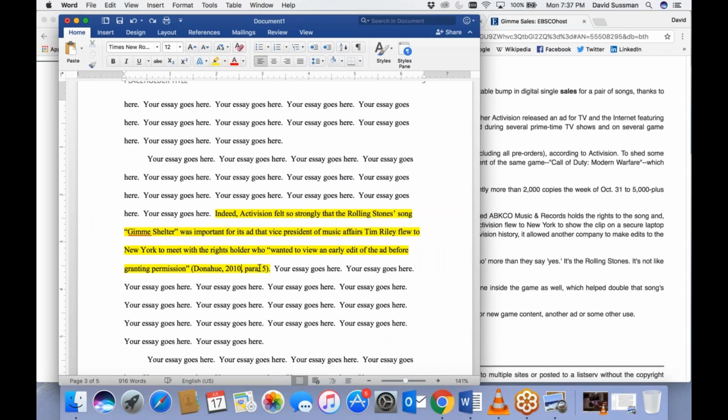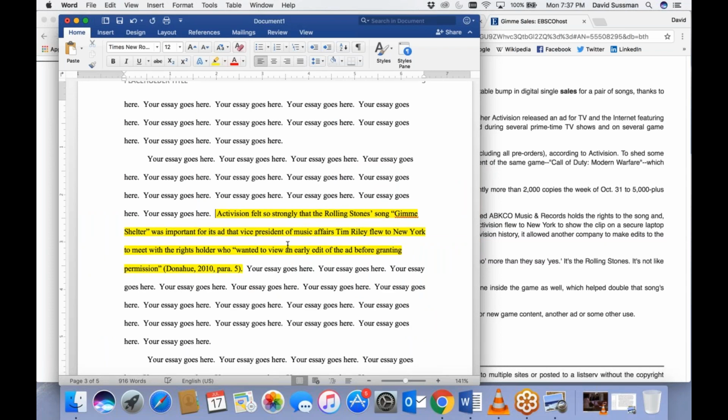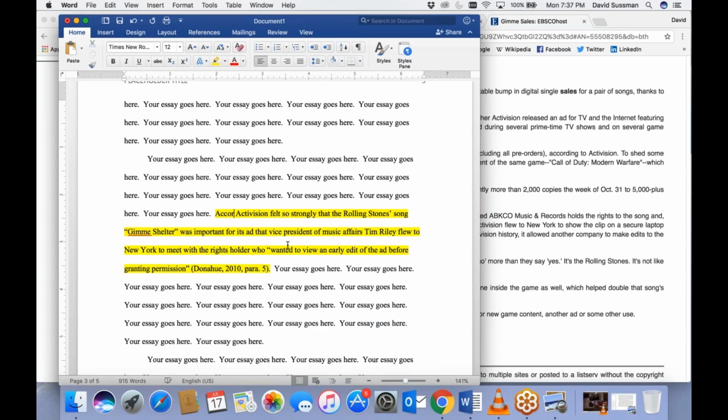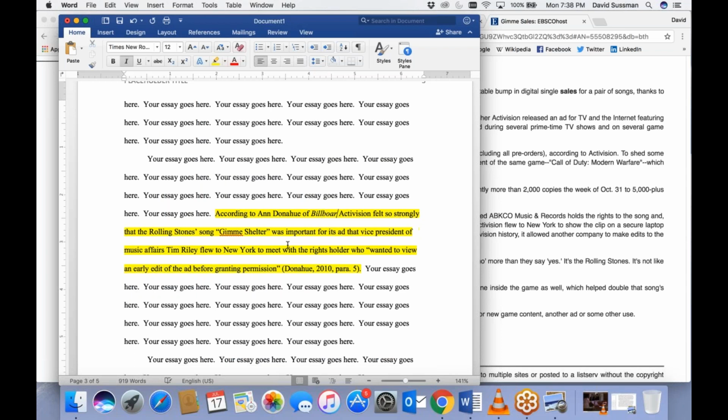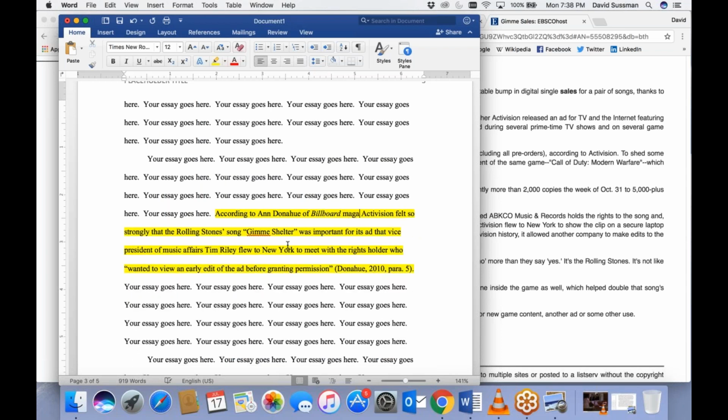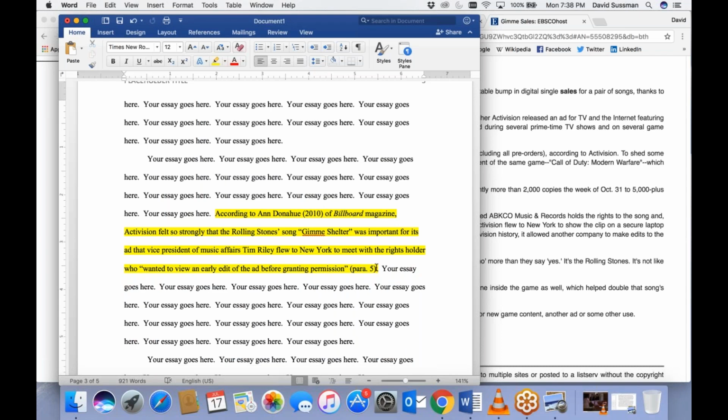But the same thing with the two options also applies here. I can put everything at the end, or I can find my own way to put the author's name in the sentence, right? So again, according to Anne Donahue of Billboard magazine. Oops. Can't type today. My fingers feel all fat and fumbly. Activision felt blah, blah, blah. Again, if you use the author's name in the sentence, immediately after the author's name appears, year. And then at the end, you only put the remaining piece of information. Okay, so in a paraphrase, we didn't have to include this information at all. In a direct quote,